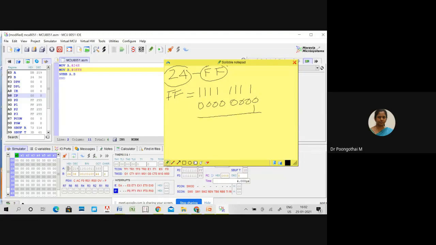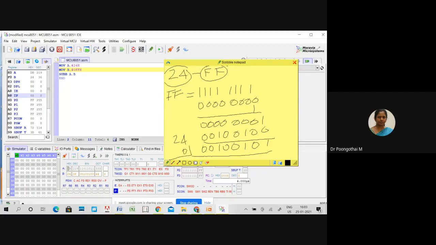Add 1, so the answer is 0, 0, 0, 0, 0, 0, 0, 1. Next add 24: 0, 0, 1, 0, 0, 1, 0, 0. So what is the answer? 0, 0, 1, 0, 0, 1, 0, 1.